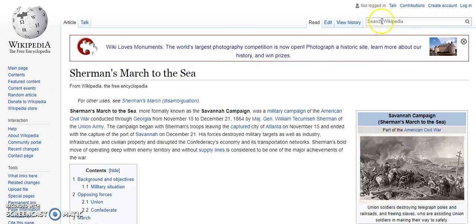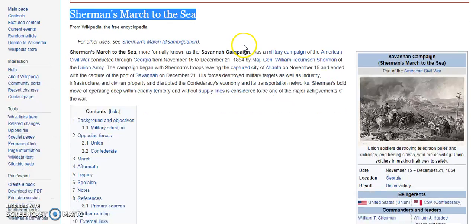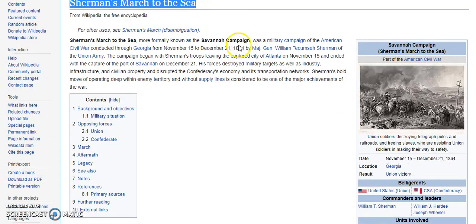Number five. No, six. Sorry, number six. This one I like. This is a really good one in my opinion. Sherman's March to the Sea. He is going to use total war. Near the end of the war, he is going to try to crush the South by going through southern towns and in Georgia and just totally destroying, just burning everything: crops, livestock, barns, fences, fields, everything, tearing up railroads, all this stuff.